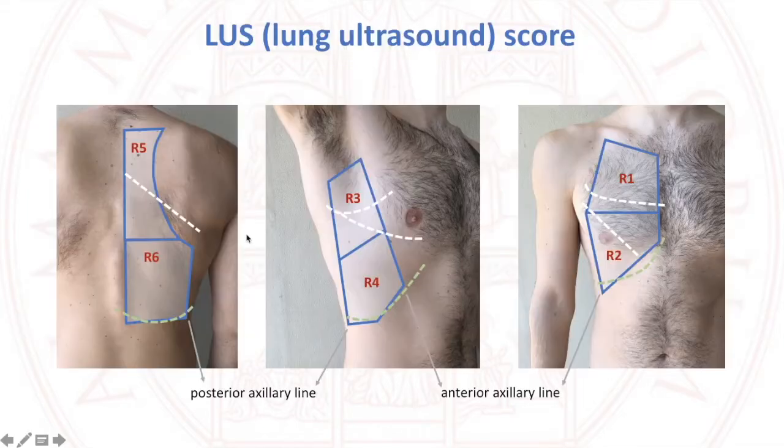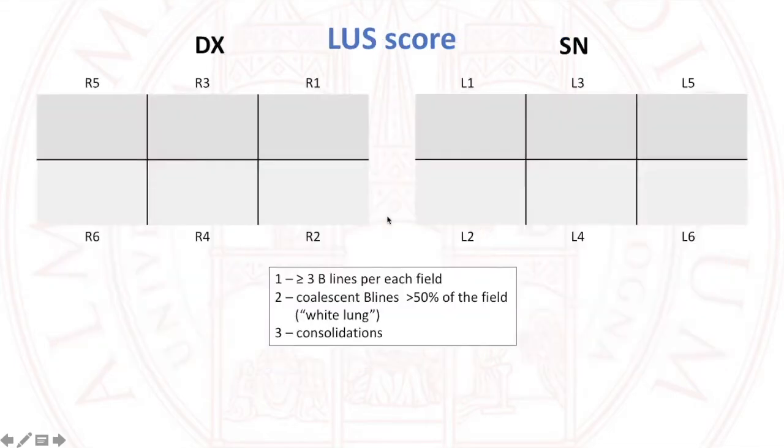article about ARDS patients, where this score was derived by dividing the chest into 6 different areas for each hemithorax: 2 anterior, 2 lateral, 2 posterior, divided by the anterior axillary line and the posterior axillary line. Each one of these 3 areas was also divided in 2 parts, one upper and one lower. And then to each one of these areas, a score is given,